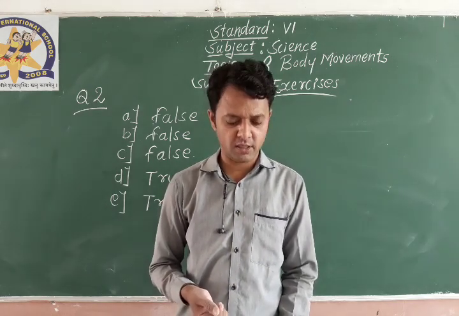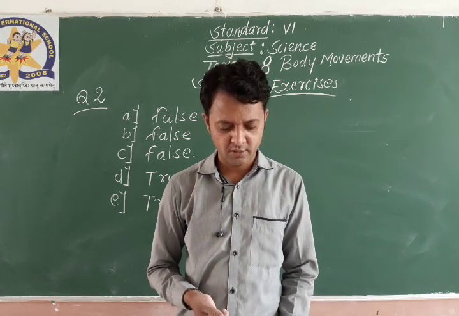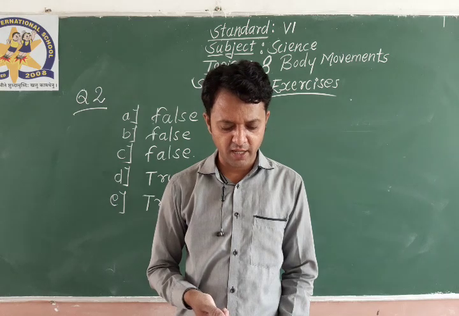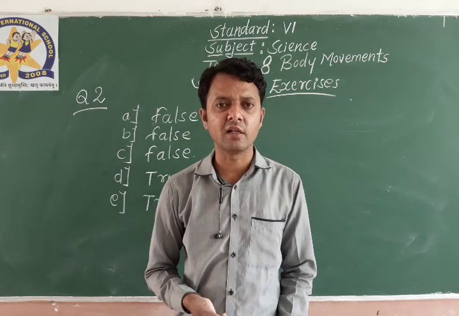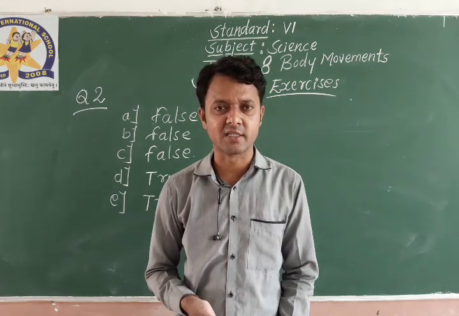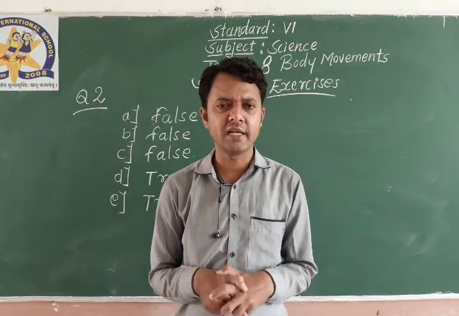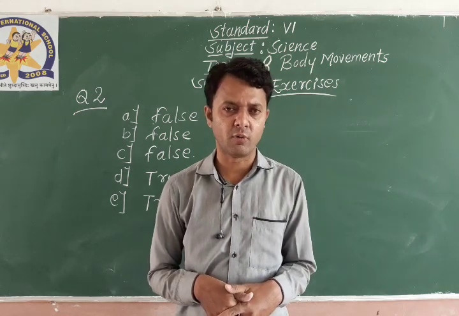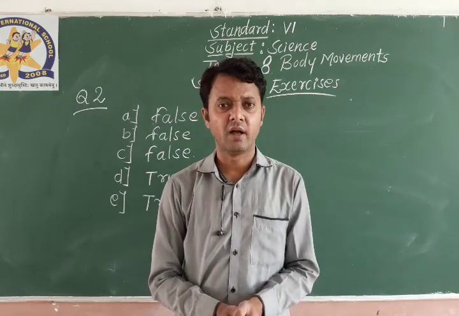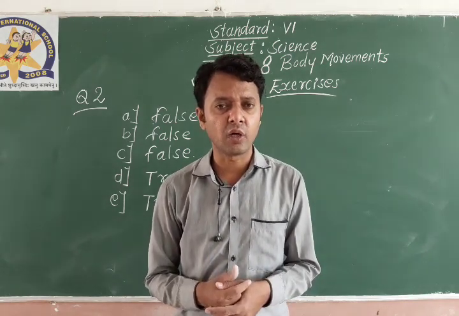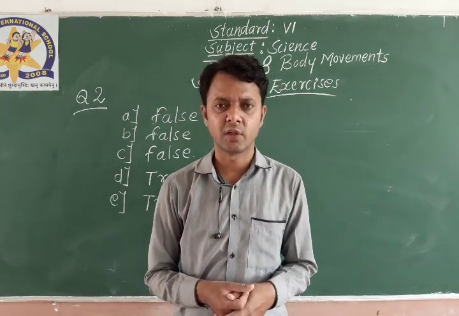Now question number 4 is answer the following. There are 3 questions. What is a ball and socket joint? Which of the skull bones are movable? And why can our elbow not move backwards? All these answers you will get in the PPTs which we have already discussed. Try to find out all the answers. If not, don't worry, I will send it in PDF format in your WhatsApp group. Only 2 questions we needed to discuss today, and we have already discussed them. Kindly note down all these answers in your copy and learn them by heart.